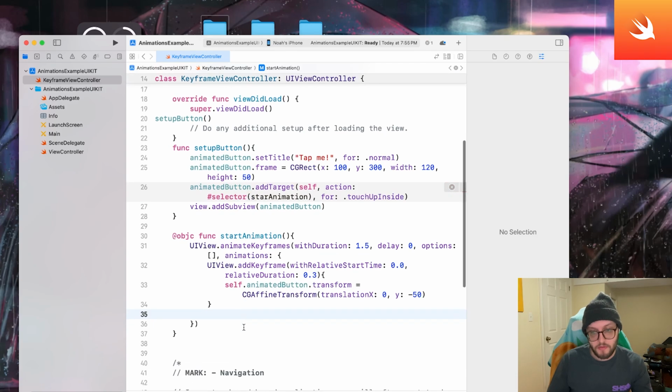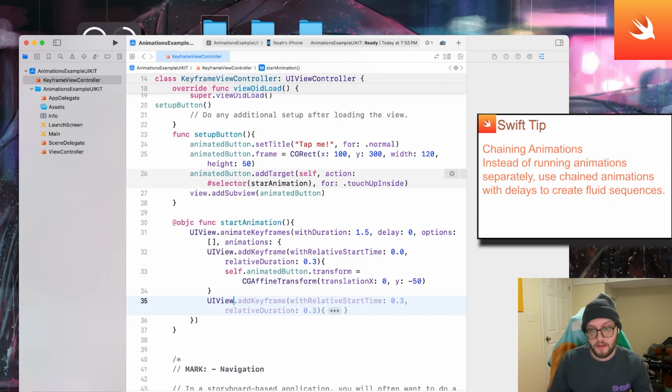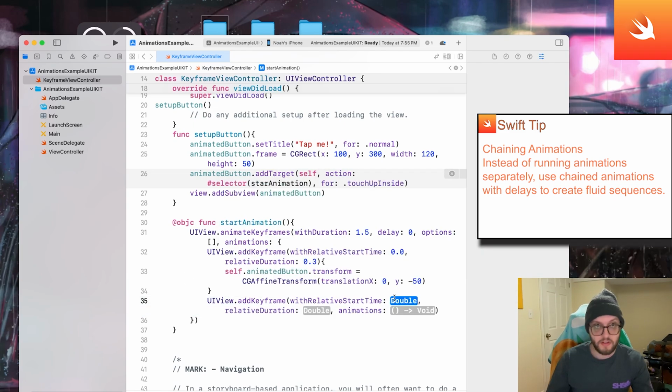After this brace, we're going to be continuing what we're doing in order to move the button back down. So UIView.addKeyframe, relative start time. Let's have this one be 0.3. The duration, let's play around with this number, maybe 0.4. Always feel free to come back and change these. I'm also going to be getting rid of the animations here. Add our brace after,